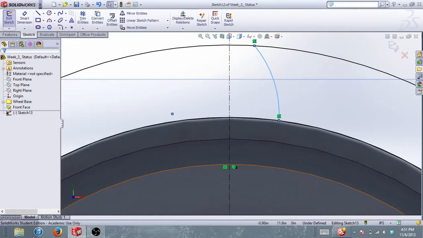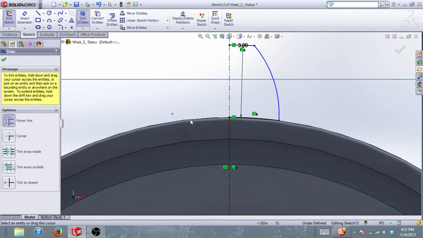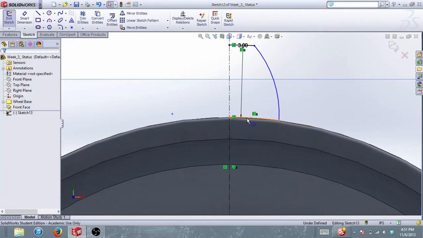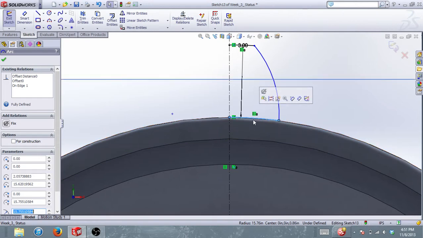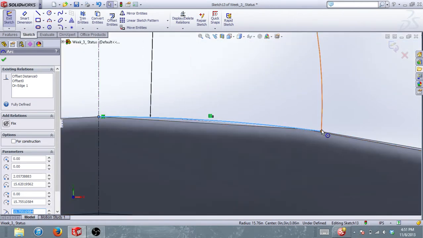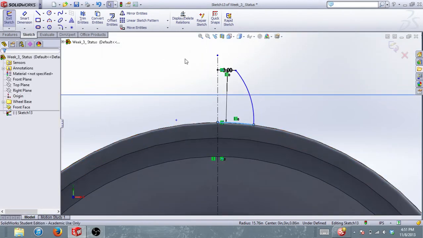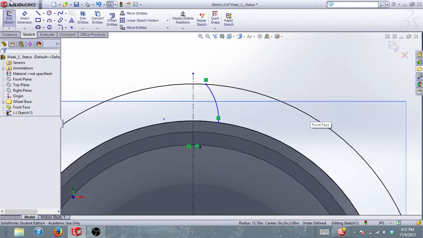So the next thing we're going to do is come up here to trim. I'm going to trim out these lines on the side here. And that left me with, hit OK, this line here, this highlighted blue line from this point to this point. It's kind of hard to see, so I zoomed in for you. Okay, so what I did, hit trim,